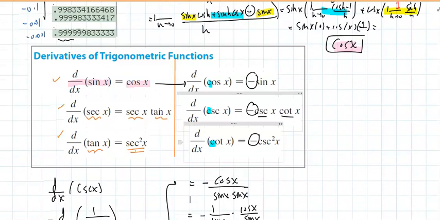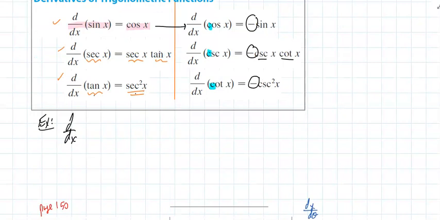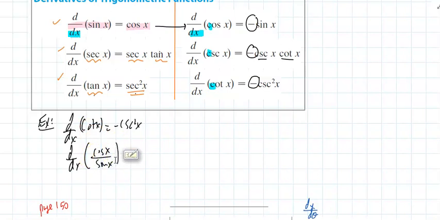I'm going to show a few of those. So I picked the secant to show. Actually, I changed my mind. I'm going to go for cotangent. So the derivative of cotangent of x equals negative the cosecant squared of x, assuming you have those two memorized. So if I want to prove that, I'll take the derivative and I'll write cotangent as the cosine of x over the sine of x. And since this is a quotient,